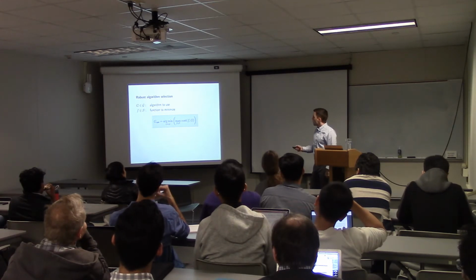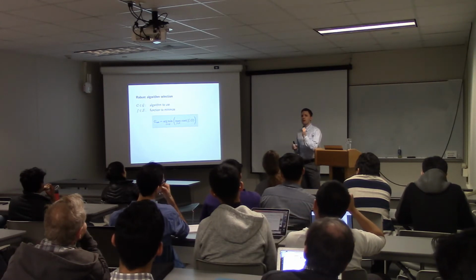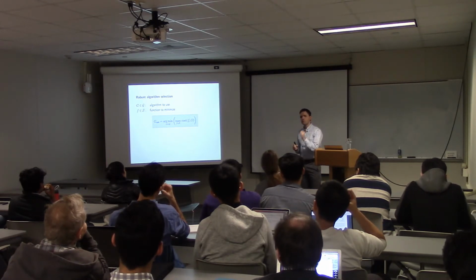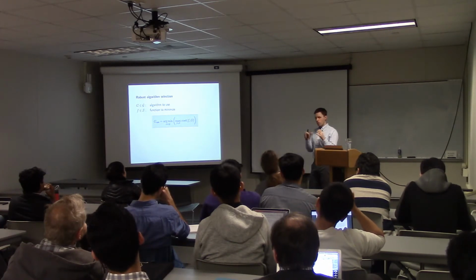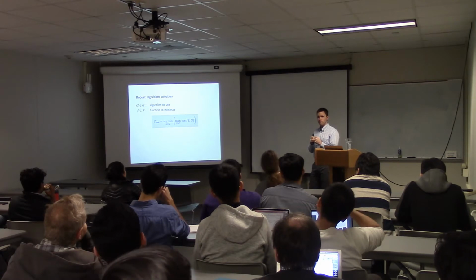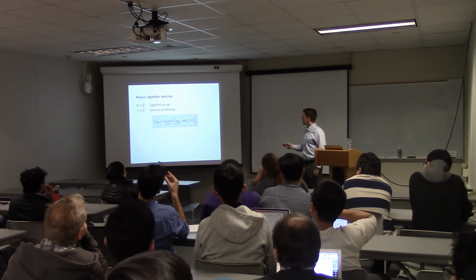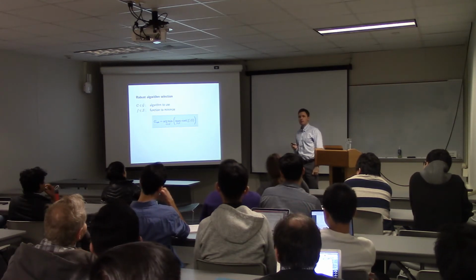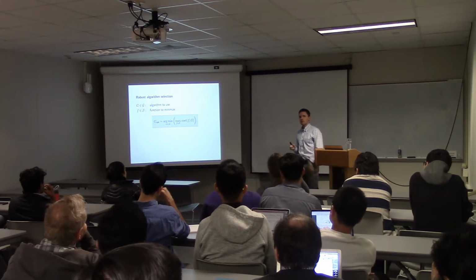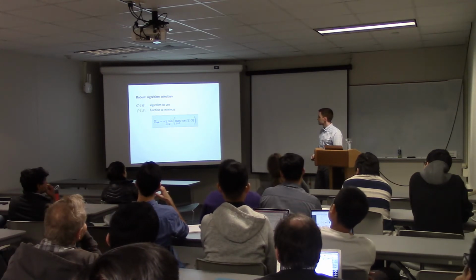And among all functions in my class, I'm going to look at the worst possible one. What is the function that makes my algorithm perform as poorly as possible? That's going to be my measure of how good my algorithm is. It's how good it is on the worst possible case. And then among all those worst case performances, I'm going to optimize that over G, find the minimum worst case. So this is the nature of the kind of optimization problem that we're trying to solve here.